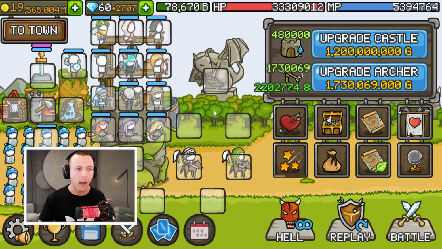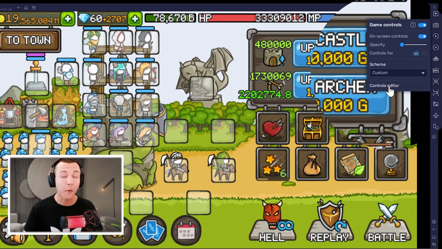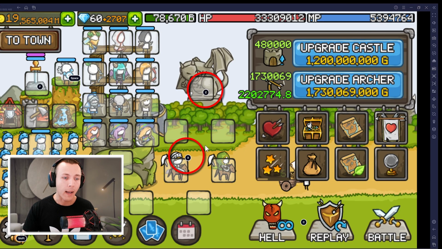And if you're wondering, how did I start the battle so fast? How did I do everything so fast? I will show you. If you use an emulator on PC, you can use hotkeys, which means you can play with your keyboard as well. So one button on the keyboard, which you can see over here as these little circles,